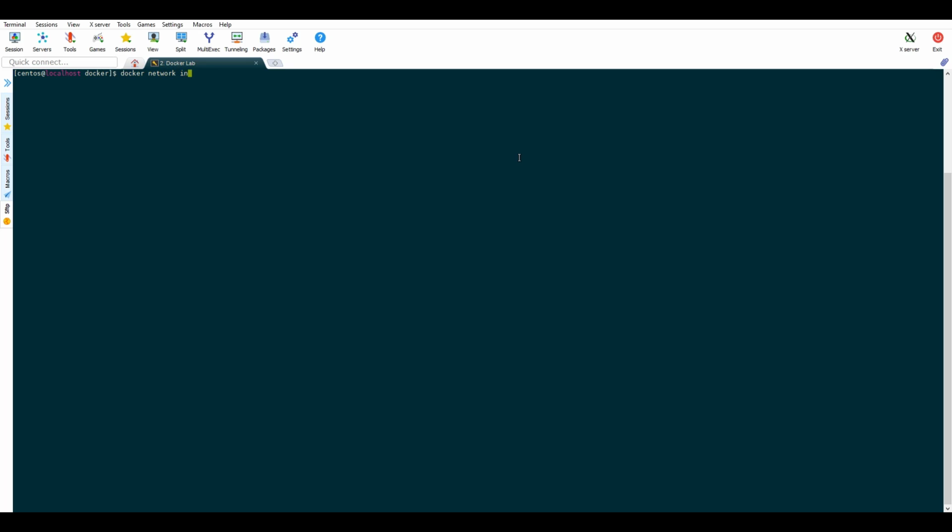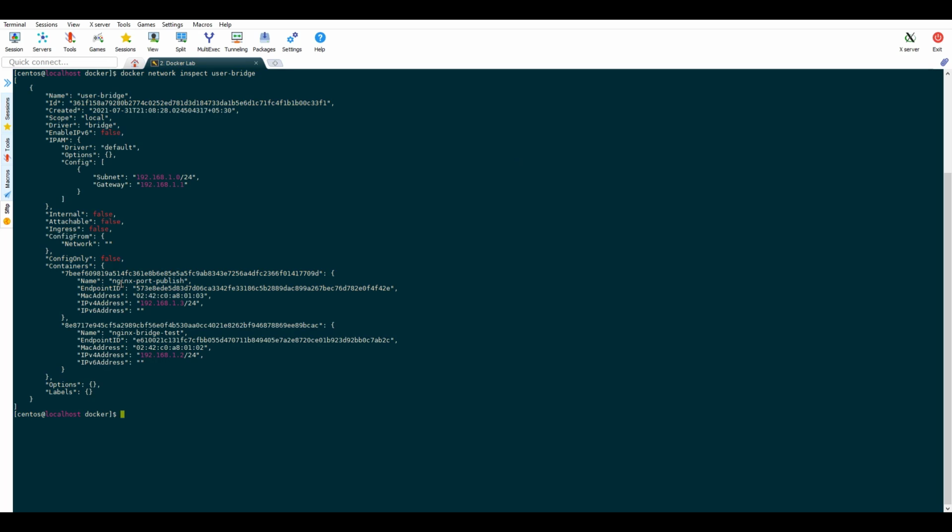Now we will try to remove the user bridge network from the container. So first of all we will do a network inspect and see what all containers are attached to this network. We have two containers, Nginx port publish and Nginx bridge test. We use Docker network disconnect command to disconnect this network from the container.